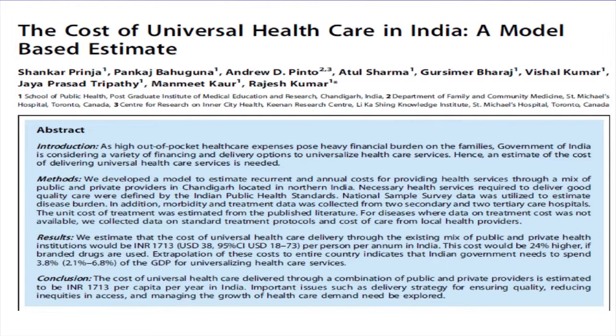How much would universal health care cost in your country? You have not implemented it. You have to make assumptions. How much would be the utilization? What would be the cost? What would be the provider behavior? What would be the patient demand side factors? You have to make assumptions. There is no way out of it.